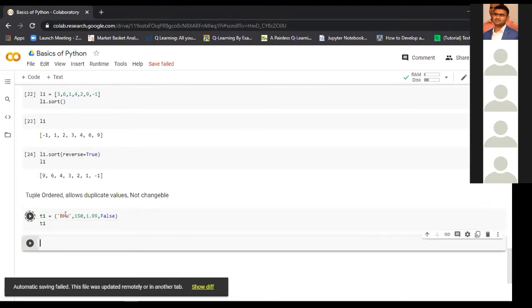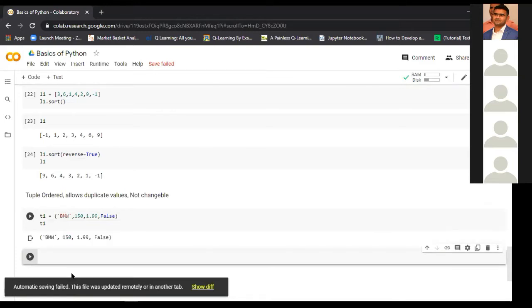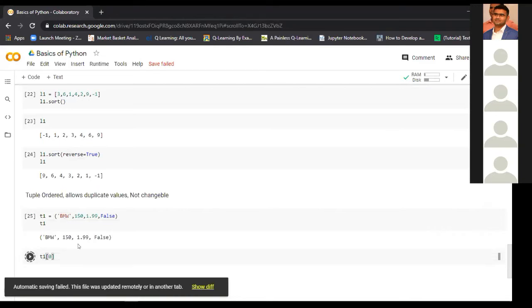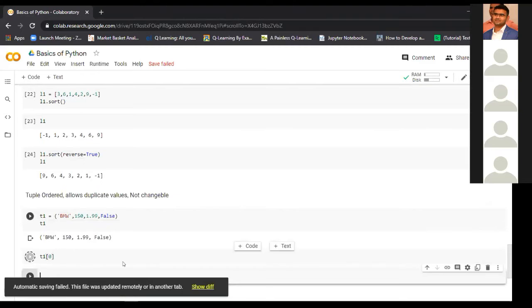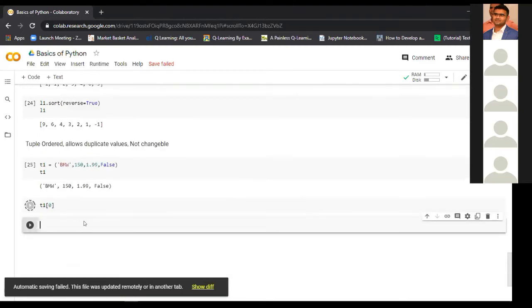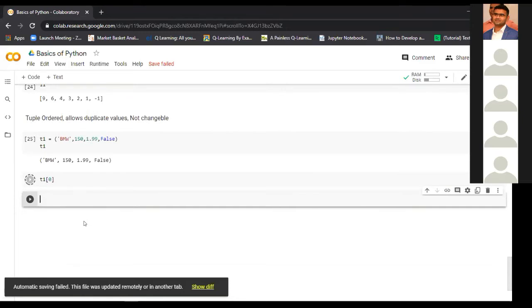It is ordered, so we can access the tuple using indexing like 0, 1, and slicing. We didn't see slicing yet, so first let's see it here, and then we'll do the same thing in the list also. First, indexing. Indexing starts from the zeroth location. So T1[0] is BMW, so it will give us BMW here. But what if you want to see the first two or three values of that tuple?